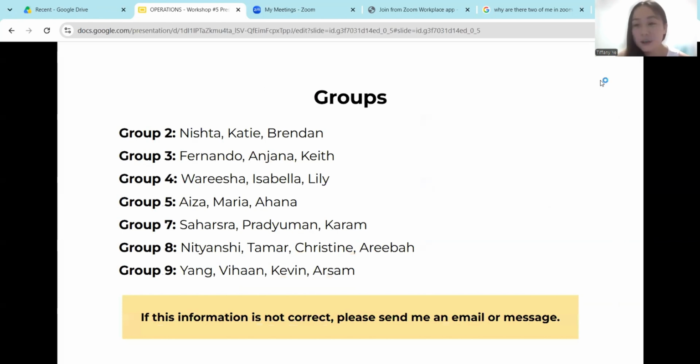So since not too many people are here today, if you recognize your group mates in this list, I would recommend that you run this through with them. If you see anything that's wrong here, let me know immediately because we will be completing some name tags and we'll be ordering catering tomorrow as well. So again, if you see anything wrong here, just let me know.